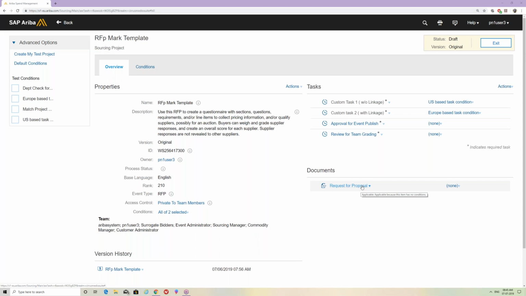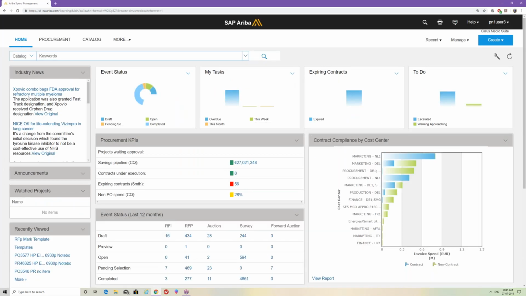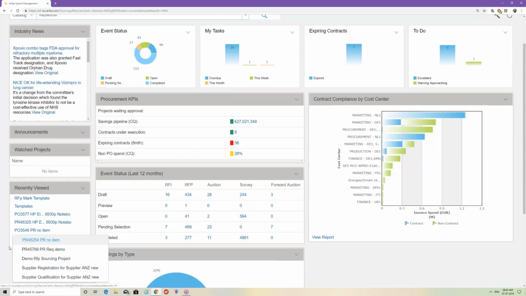Okay, so guys, this is the sourcing template configuration which we are talking about over here. Now, next we have to go to the contract management. Let me tell you a little bit about the contract management and why it is important, because you will see